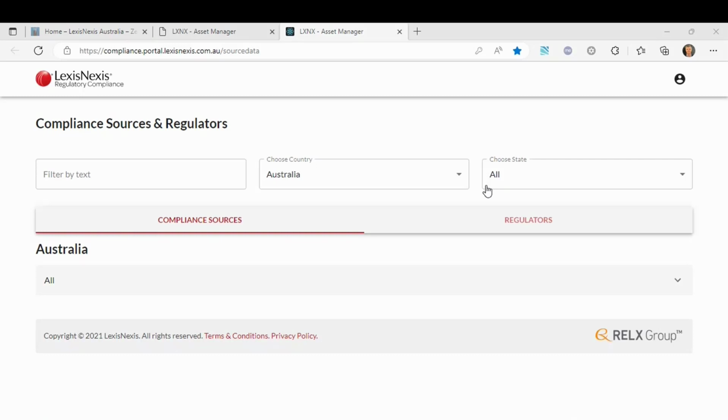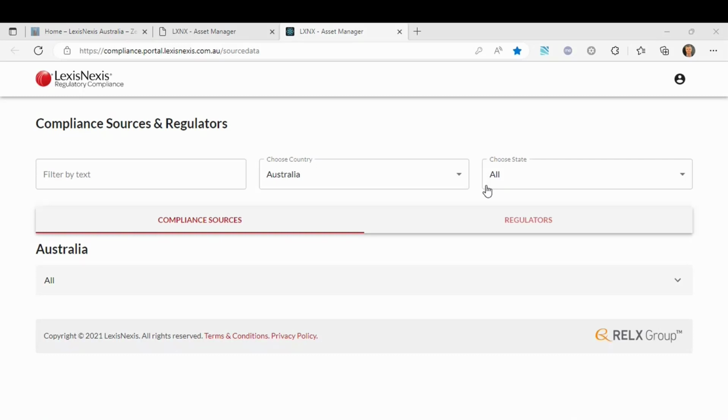For those people who are already familiar with the content that LexisNexis Regulatory Compliance provides, they'll understand that the content, generally speaking, is obligation-centric, in as much as when you're looking at the content, whether it's the practical guidance or the consequences or the remediation fields, all of that content is informed to a greater or lesser extent by a variety of different compliance sources or aspects of those compliance sources that talk specifically to that particular obligation.